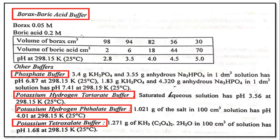Then another buffer solution, for example, the borax and boric acid buffer. Here is the requirement. You can see 0.05 molar borax and boric acid with 0.2 molar. The volume requirement for borax is given here, and the volume of boric acid in cm3 is also given. When you combine these two solutions, of molarity 0.05 and 0.2 molar, then it is possible to get different pH